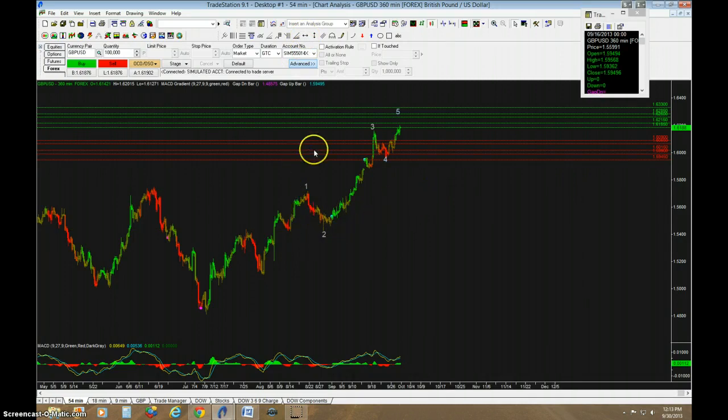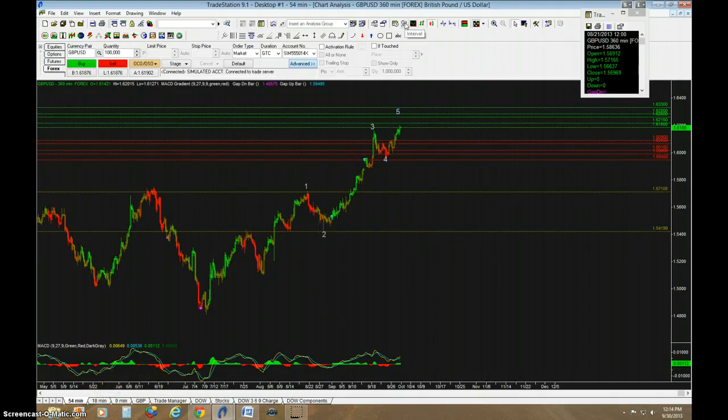Oops, not sure what my software is doing there, but stuff disappeared. So we should get a retrace into the price territory of 2. So I would expect it to fall from somewhere like 62.15 at a minimum down to whatever this is right here at 57.16. So that's going to be something like a 500 or more pip fall. And from there, I would expect it to go long again.